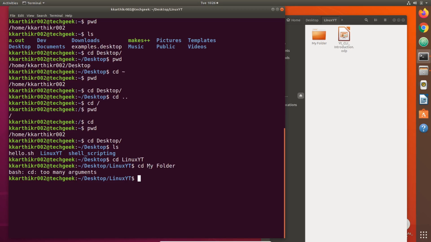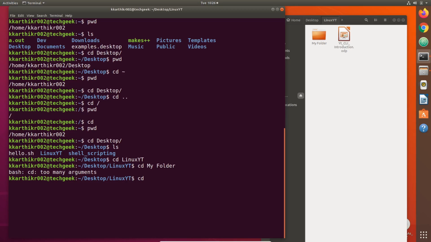It is interpreting my as one argument and folder as another argument, because we use spaces to separate commands and arguments. To do this correctly, to change our current directory to my folder, we have three options.